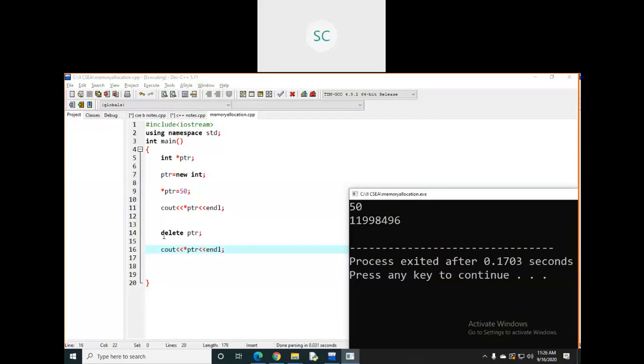After executing this statement, delete ptr, whatever memory is there, having the value 50, is going to be deleted. Memory is going to be deleted, which means whatever value you have is also going to be deleted.